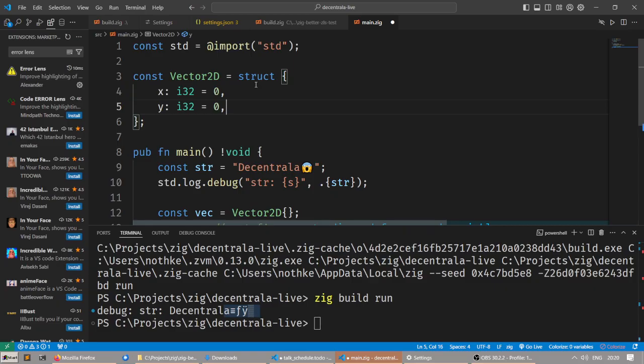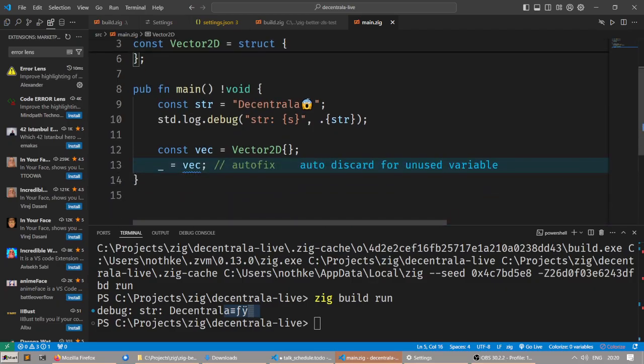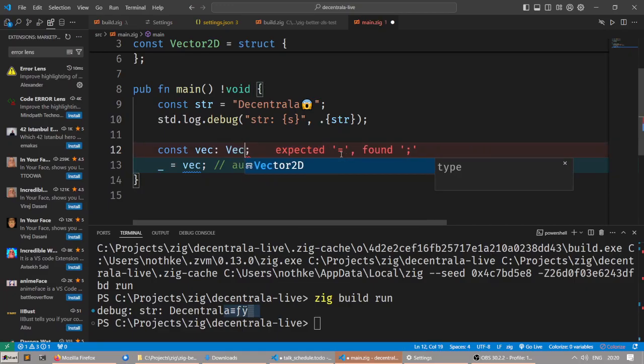So you can't do that. But there is another thing in Zig, which is like in C, this is default, but in Zig, it's like, no, you want to shoot yourself in the foot. Yeah, you must shoot yourself in the foot. It's on you, right? So I could have a vector 2D, which is actually